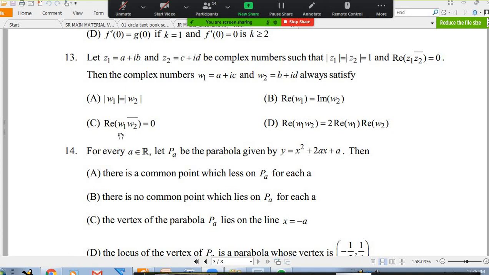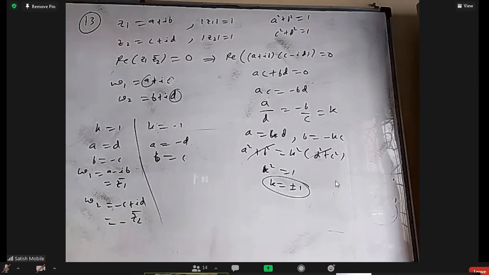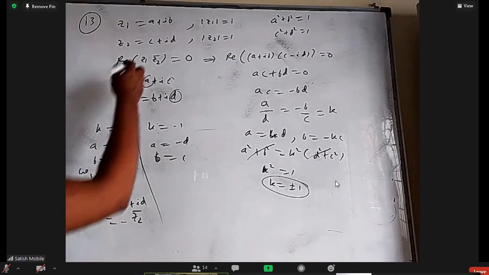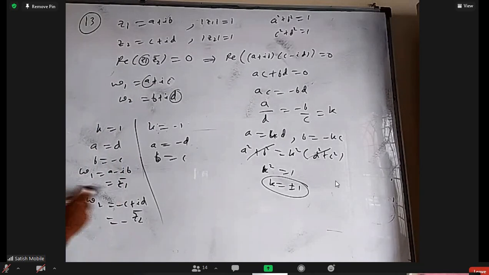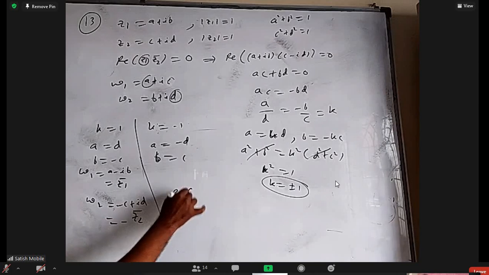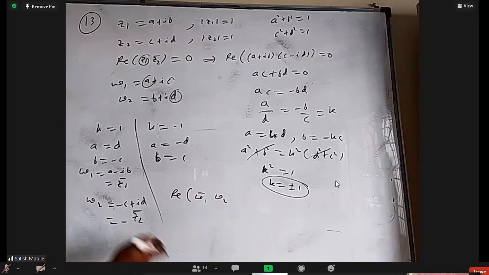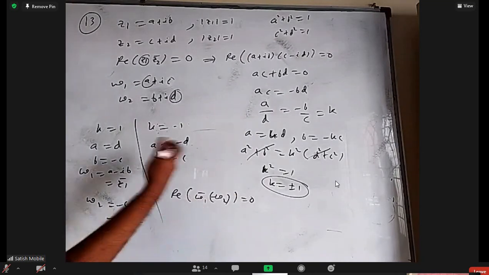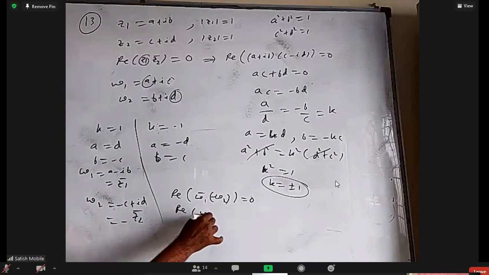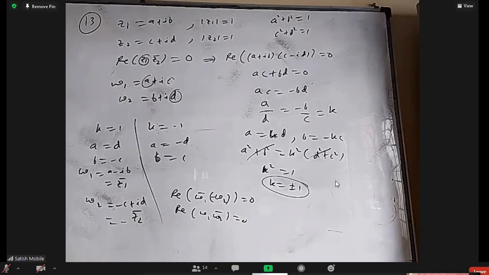So option B is true only for half of the cases, not for sure. Next, real part of W1 W2 conjugate is 0. That is the same as for Z1 Z2 conjugate. Why? Right here, in place of Z1, I can write W1 conjugate, and I can apply conjugate on both. So real part of W1 conjugate and minus W2 equals 0. If the real part of something is 0, its conjugate is also 0. Okay, it is possible to do that.